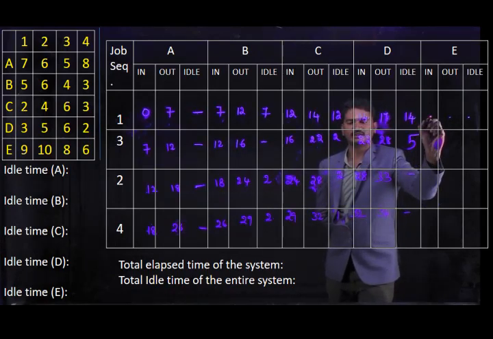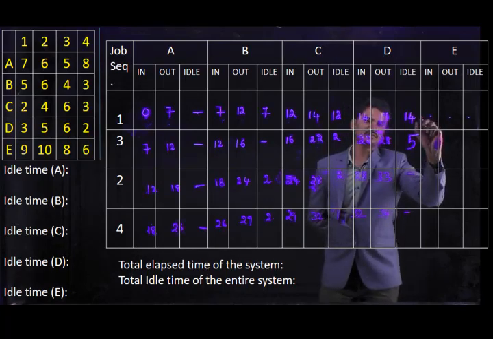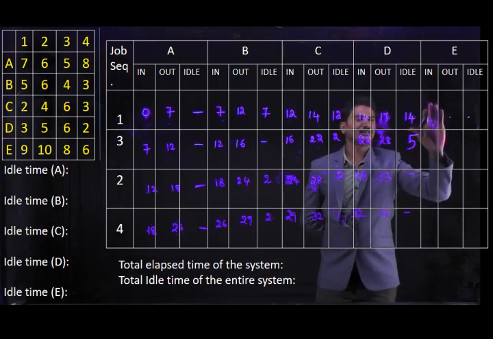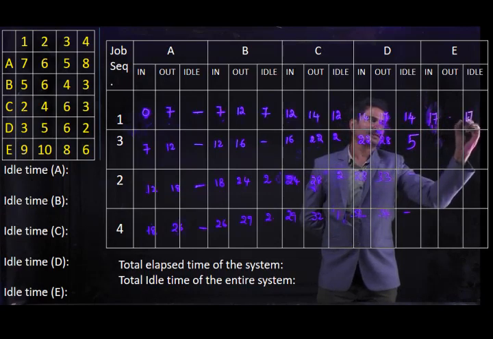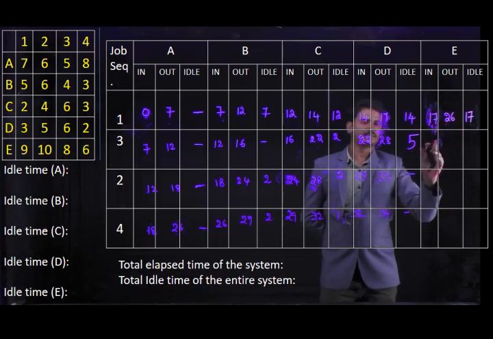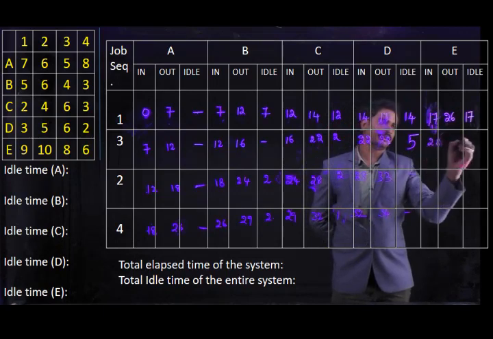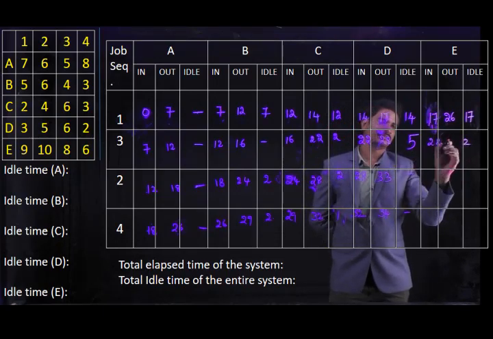So the processing time is 9 hours we have taken. 9 means 19, 23. Here the idle time is, we are going to start at the 17th hour. The idle time is 17, and the processing time is 9 hours. It means 19, 20, 26 it was taken. So here it was performed at 28 hours. 28, idle time is 2. 28 for job 3, 8, 36.